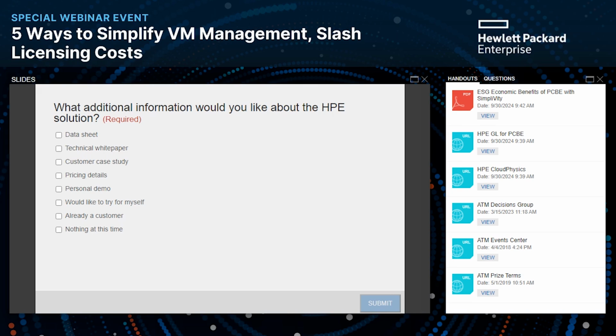Setting it up and getting it up and running is pretty straightforward. There's an observer VM that is the appliance that runs on your vCenter that picks up all the data sets that we need. So at the end of the analysis,